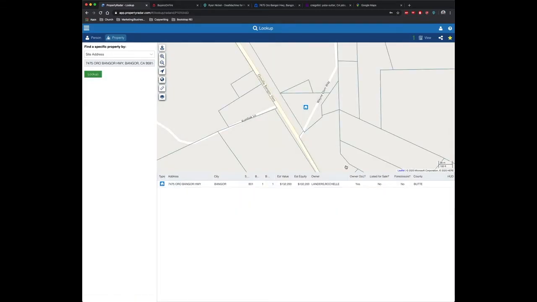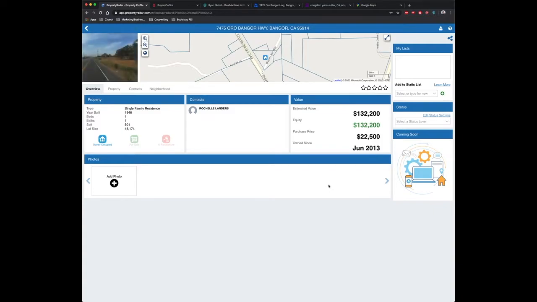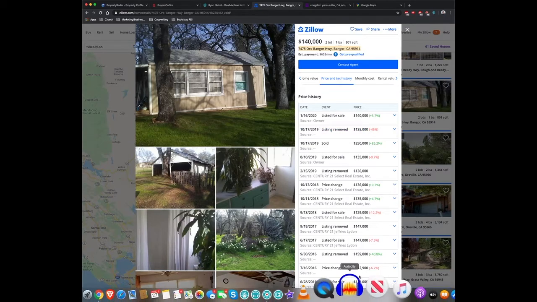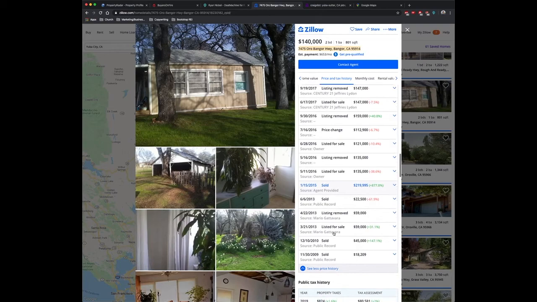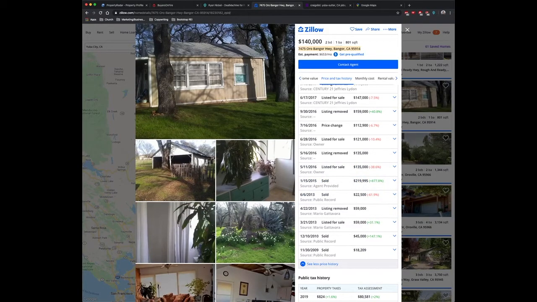But this one tells me who my owner is. So it's owned outright. See, yeah, okay, exactly. Owned since 2013. If you go back here, I'll give you guys a little bit of price history on this one. If you go all the way back here, it says in 2013 is when it was last sold, right? No, that's not actually right. So yeah, 2013. Yeah, June, sold for $22,000. Then 2 years later, it was sold again through an agent provided. So even my information is not